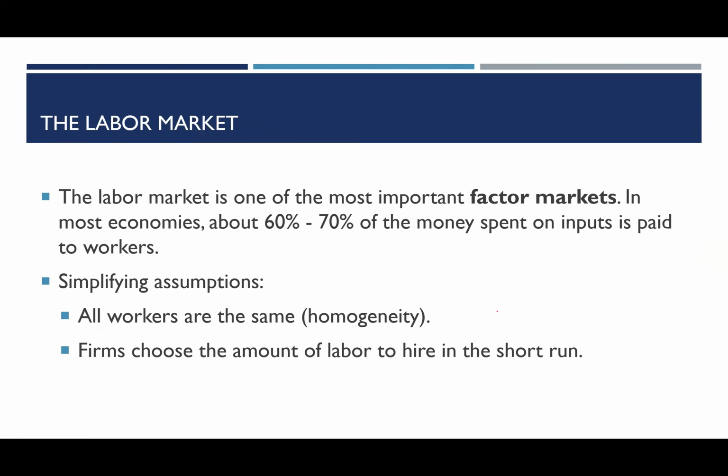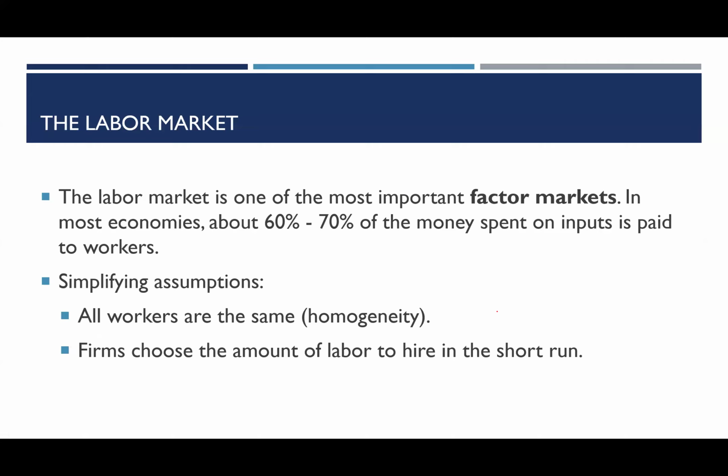But there are a couple simplifying assumptions that we want to make explicit before we look at our model. The first is that all of our workers in this model are going to be identical, right? They're going to be homogeneous. This, of course, is an unrealistic assumption, right? We know that people are very different, even when they've had similar experiences, similar education. The skills that they develop, the strengths that they have are going to vary quite a bit. But just for our purposes here, we're going to keep it simple. And then once we have a handle on the model, it'll hopefully be clear how we can introduce this nuance